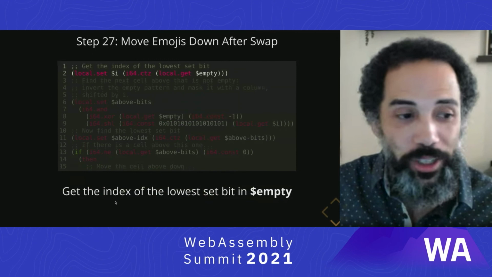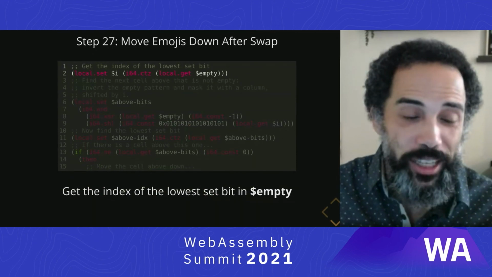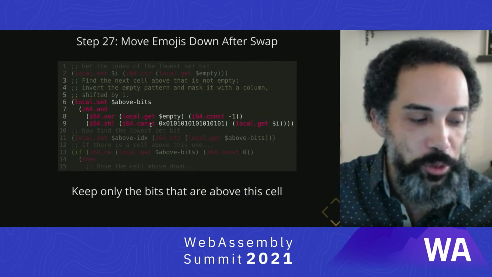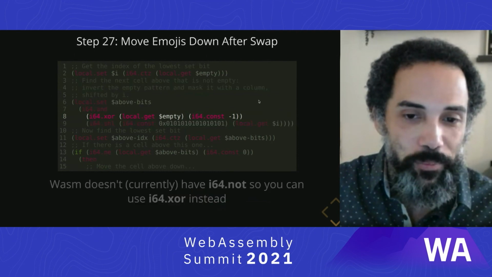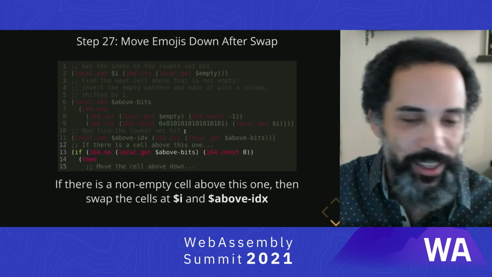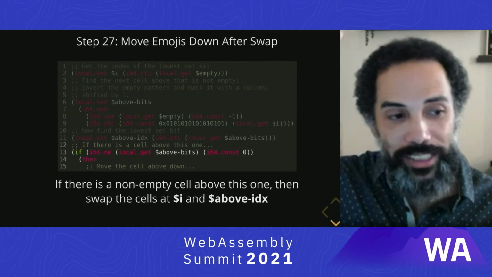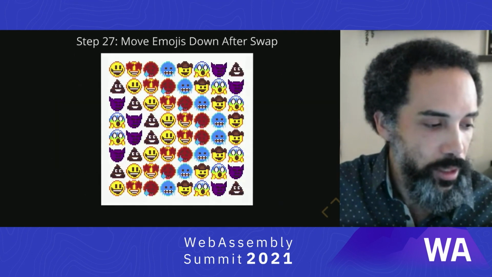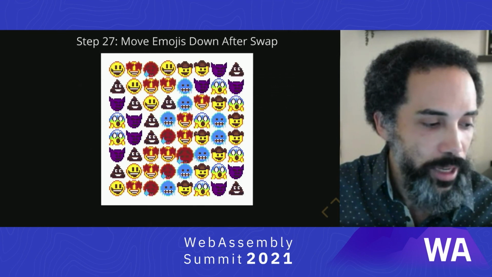And you can see here that the code to do it is actually not that much code. We do a few steps here that use bit masks, and then we use our good friend CTZ again, and then we can check to see if that cell is above, and if so, then we'll swap it down. And you can see once we do that, now we actually have elements falling.